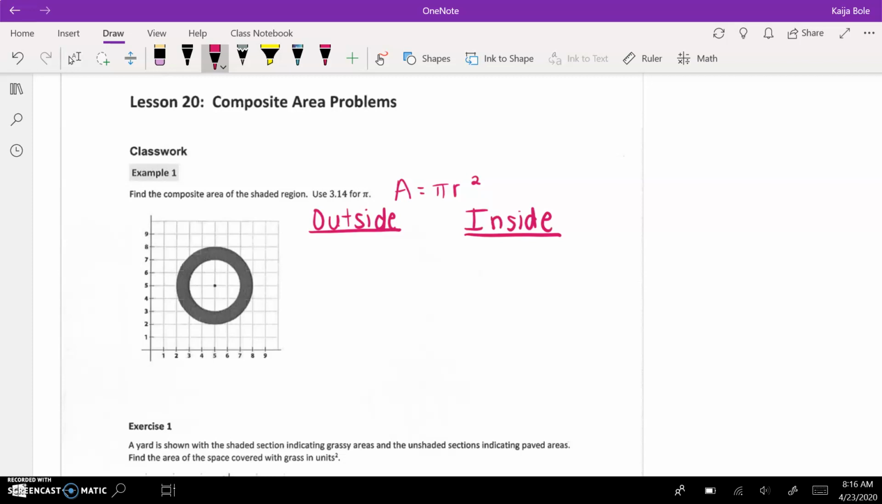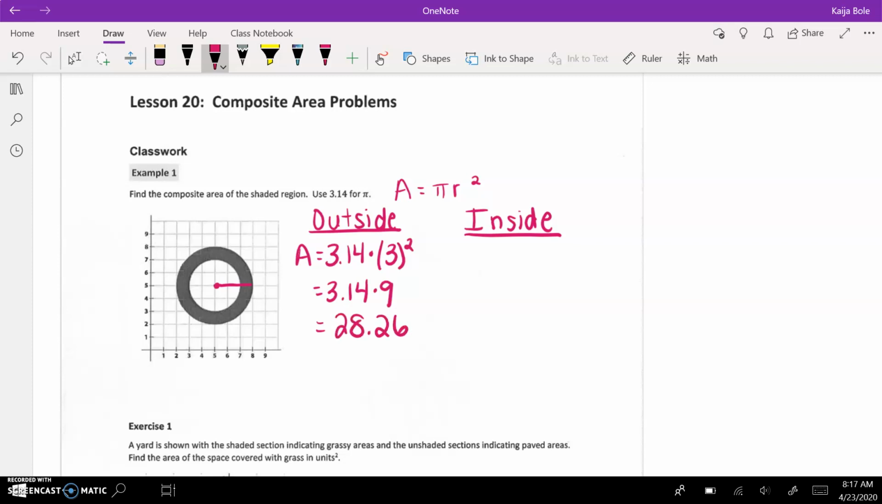So for my outside circle, that means going from the center all the way out to the outermost edge, kind of ignoring that shaded part. My radius would be 3. So this would be A equals 3.14 times 3 squared, which would end up being 3.14 times 9. And when you multiply that, you get